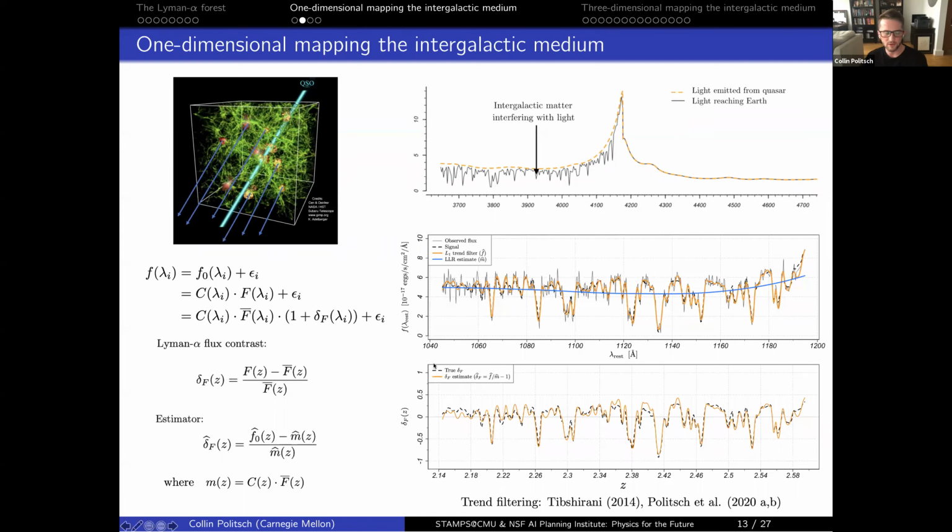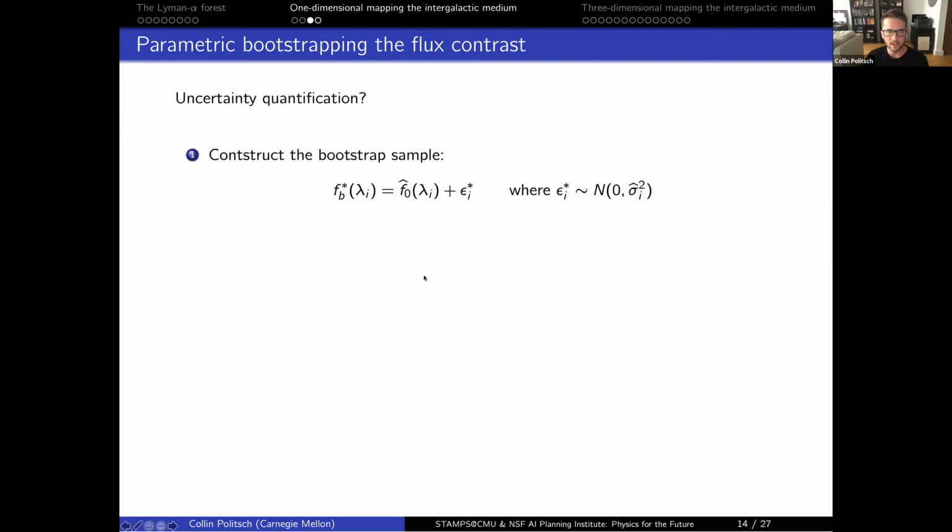So we propose a parametric bootstrap for this in order to gain these variability bands. And the idea here is to construct these bootstrap samples of these Lyman alpha forests. So for each Lyman alpha forest, we construct a bootstrap sample by taking the trend filtering estimator, the denoised version of the Lyman alpha forest, and add this noise distribution, which is assumed to be normal with some estimated variance,